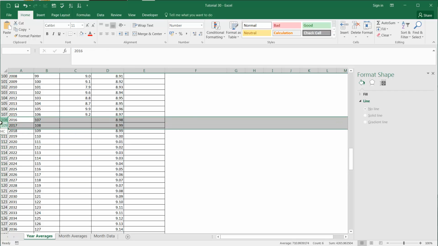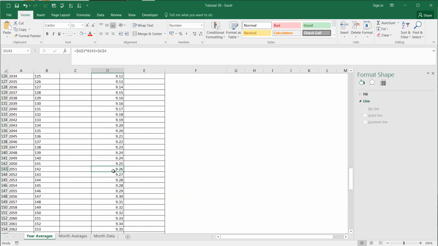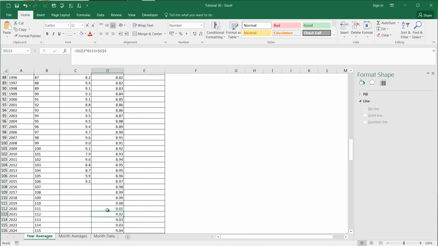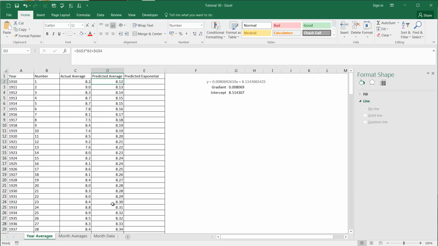2016, which is the year I'm doing this tutorial in, all the way out, we've now got a predicted yearly average for our temperature. And this should match with our line over here. Now, that's very useful. We've now got ourselves a forecast. We've got all the numbers every single year. You can see when it gets to the end, it's going to be 9.77, whereas at the start it was